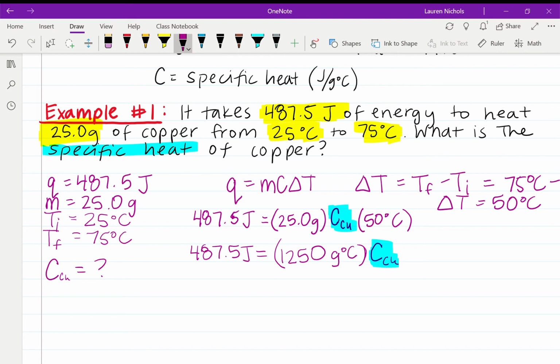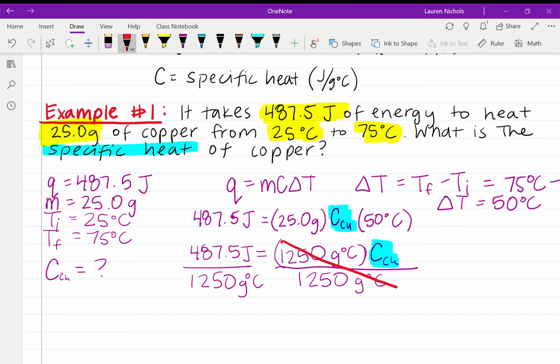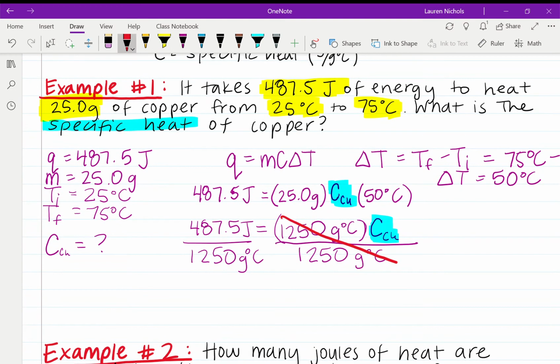Now again, if we're trying to solve for the specific heat of copper, we want it to be by itself in the formula. And so that means we do the opposite of the math. If it's being multiplied by 1,250, that means we're going to divide by 1,250 grams degrees Celsius. And so we do that on both sides. And so on the right side, it's going to cancel out. And we're going to get our specific heat of copper, which is the only thing that did not cancel out on the right side. And on the left side, when we divide, we get